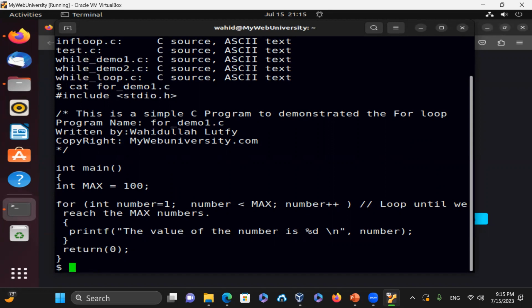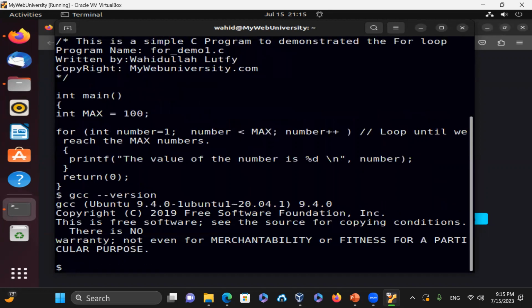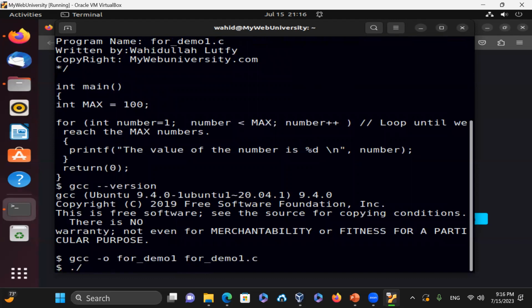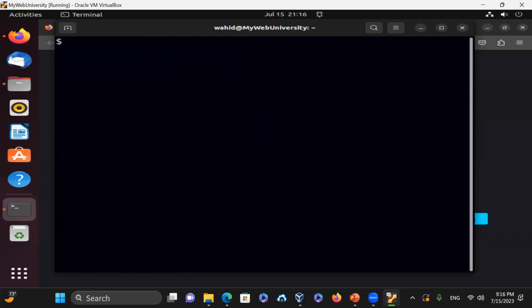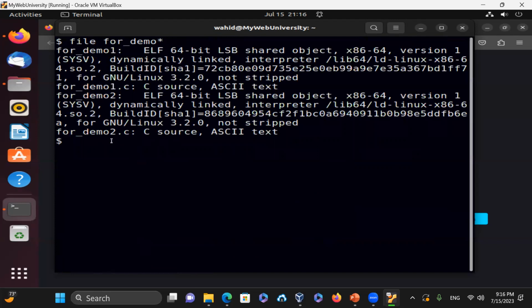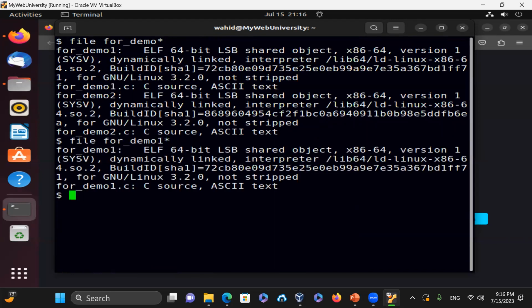If I just say gcc -version, that's the compiler for C. So I say gcc -o for output, and the name of the source code is for_demo1.c. I'm going to give it the same name, for_demo1. Now I just created that file for_demo1, and it will run those statements based on what the source code is. So if I say file for_demo*,